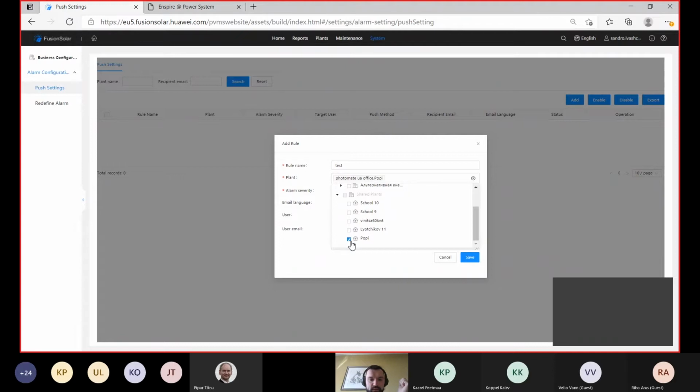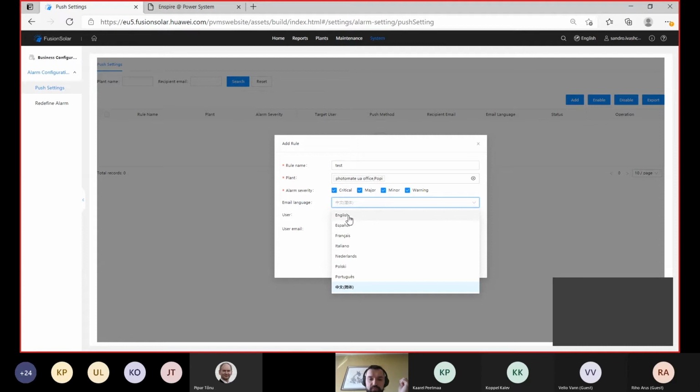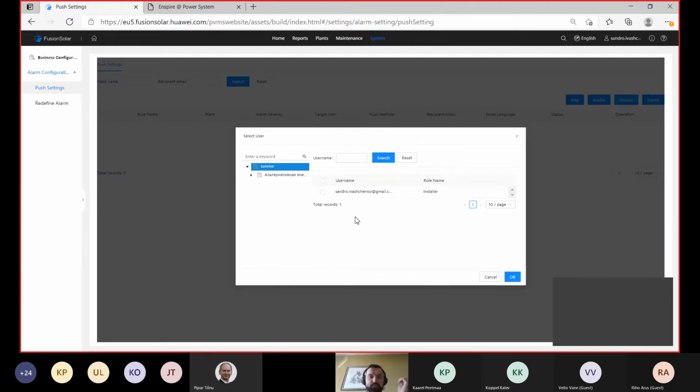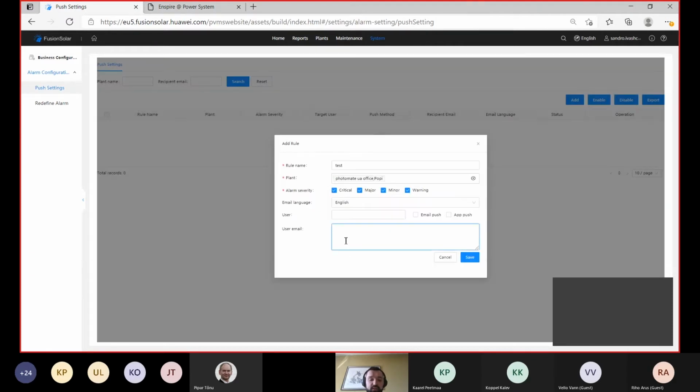PV plants. For example, these two PV plants. You can choose what kind of alarm you want to receive. You choose the email language, English better to choose. You can choose the exact user that you want to send this alarm to just from the user list, or you can just type here some email address.